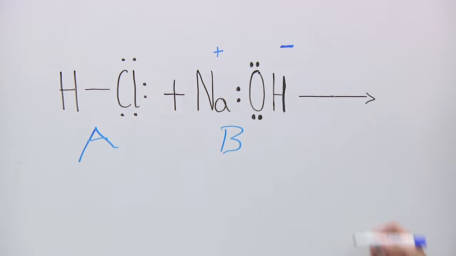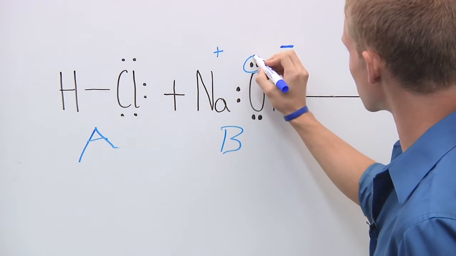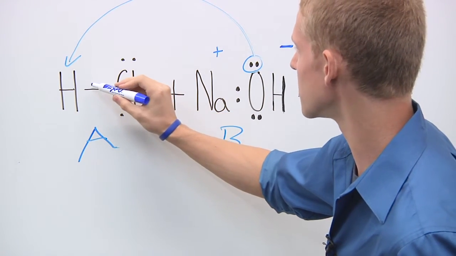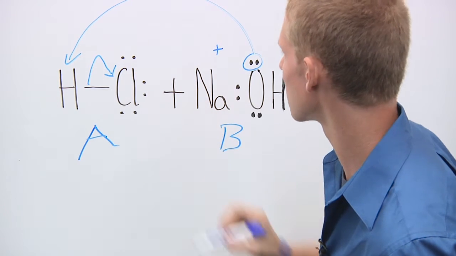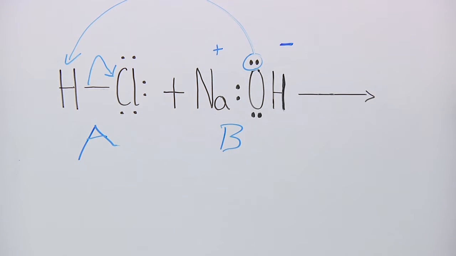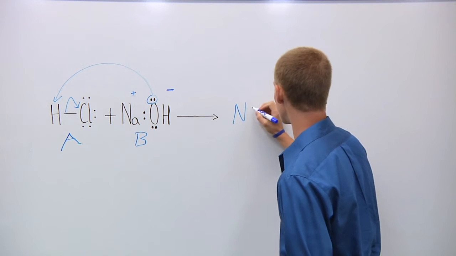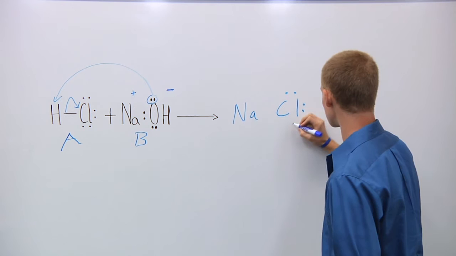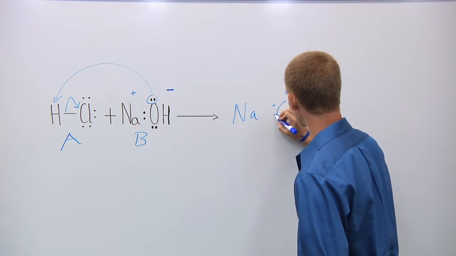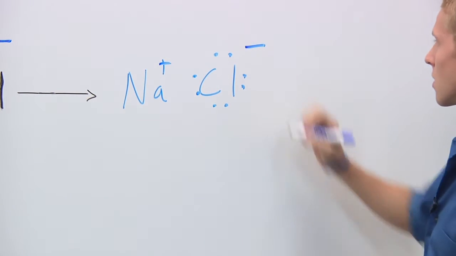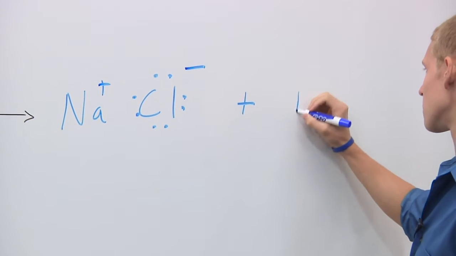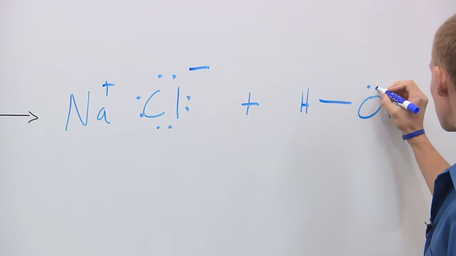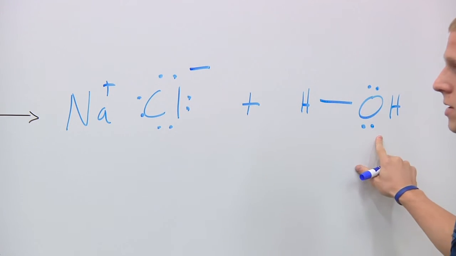So now when we draw our electron flow, we can draw from this lone pair here, which is going to make a new bond with the hydrogen, and the electrons from this bond here are going to go to the chlorine. So now we can draw out our products, which are going to be sodium chloride. Now it's going to have 4 sets of lone pairs and a minus charge. And there's still a positive charge on this sodium here. And our other product is going to be water, which is H2O. And there's going to be 2 now lone pairs on here.